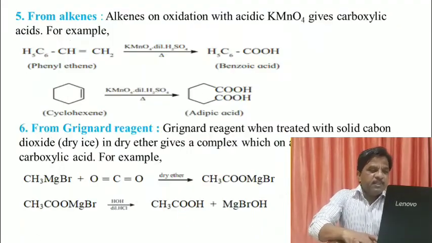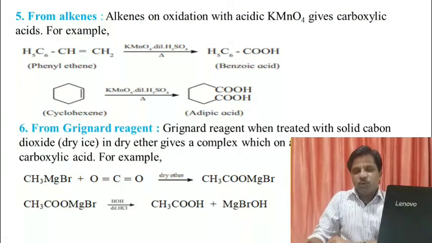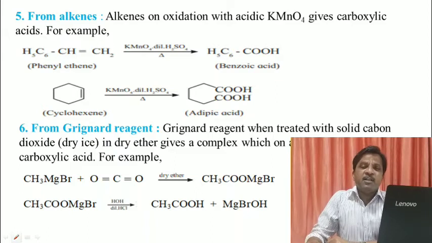Now the fifth method is from alkenes. Now you know what alkenes are? Alkenes are unsaturated hydrocarbons containing at least one carbon-carbon double bond and having the general formula CnH2n. They have two hydrogen atoms less than the corresponding alkanes. This is also an oxidation method: when alkenes are treated with an oxidizing agent, acidic potassium permanganate, they get oxidized to the corresponding carboxylic acid. Now here is an example: